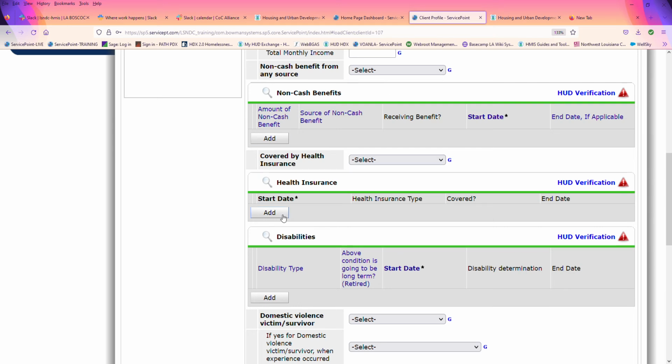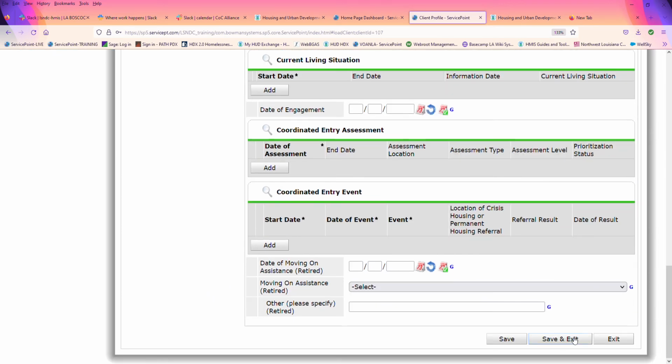Also the same thing with health insurance. If their insurance changes, or if they didn't have insurance when they first came in, when you did your entry, you can add that insurance under an interim. Alright, and you want to save and exit,